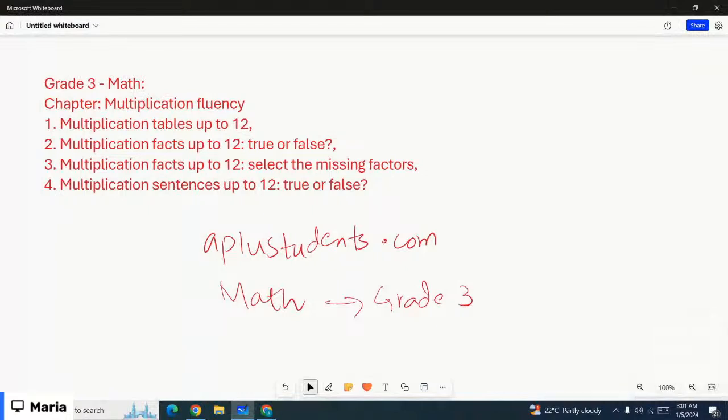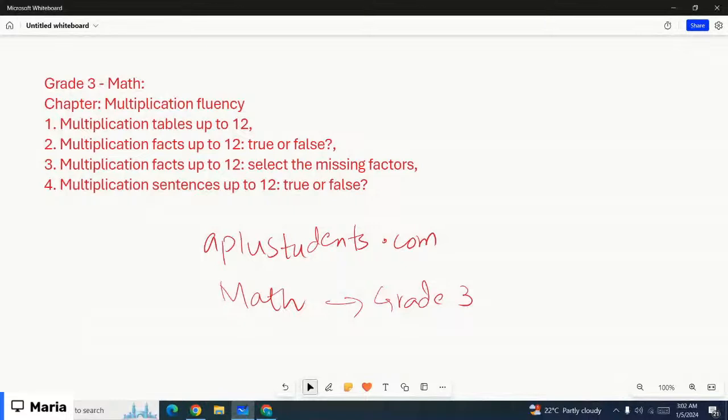And the lessons we're going to cover today are multiplication tables up to 12, multiplication facts up to 12 true or false, multiplication facts up to 12 select the missing factor, multiplication sentences up to 12 true or false. So please make sure you have your notebook and pencil so that you can note down the important examples and